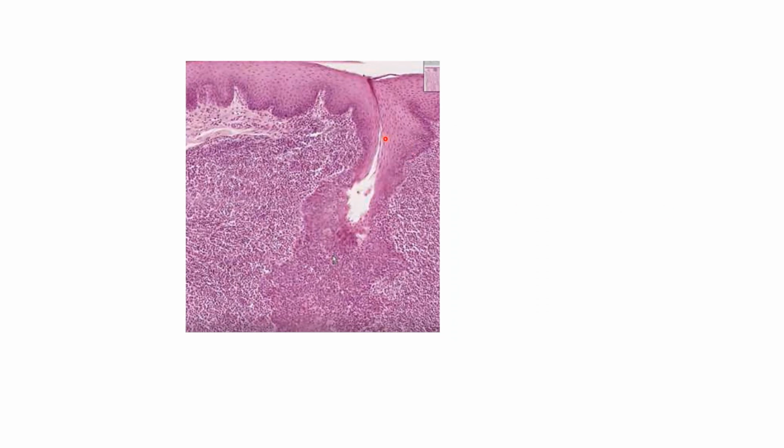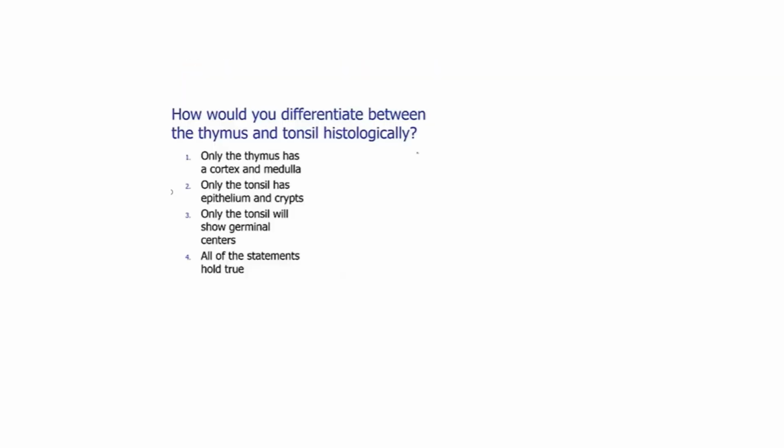So this is one of the crypts showing the three lymphoid zones: mantle zone, reticulated zone, follicular zone, and a few dispersed lymphocytes which are present along the periphery of the lymphatic follicle. And the other feature is the lining stratified squamous epithelium. So you can distinguish tonsil from the thymus or lymph node.